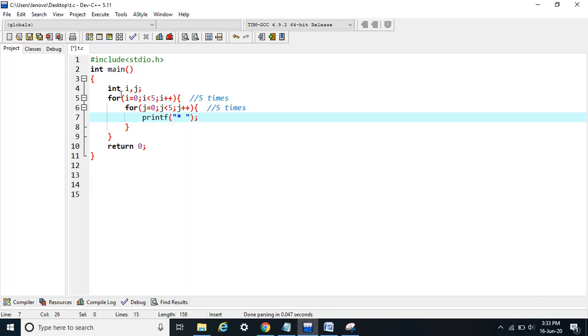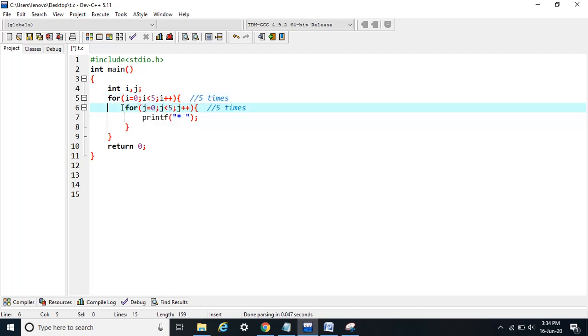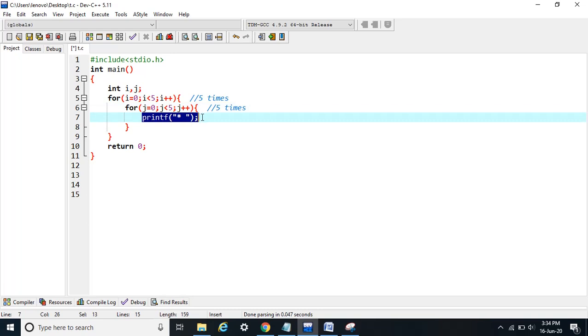See, first the value of i will be 0, it will be checked here whether i is less than 5, yes it's true, so the control will come here. Here j will be set to 0, the condition will be checked whether j is less than 5, yes, so the control will reach this statement and we will print 1 star followed by a space.